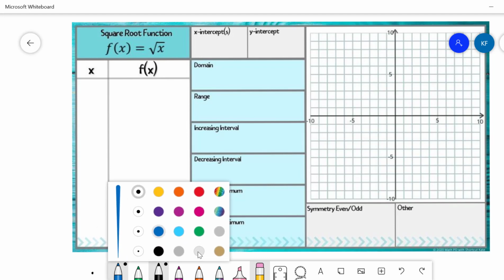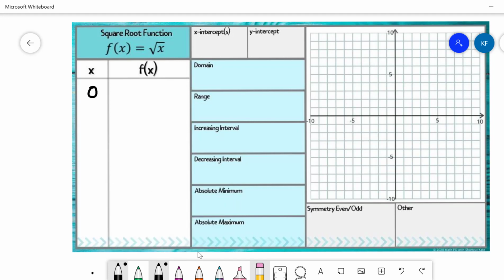So we know that 0 is going to be defined. I just showed it to you. So I'm going to put 0 here and substitute it into the function, and I get 0. So that's good. That works out. For x equals 1, if I take the square root of 1, that's fine too, because the square root of 1 is 1. Now, if I take the square root of 2,